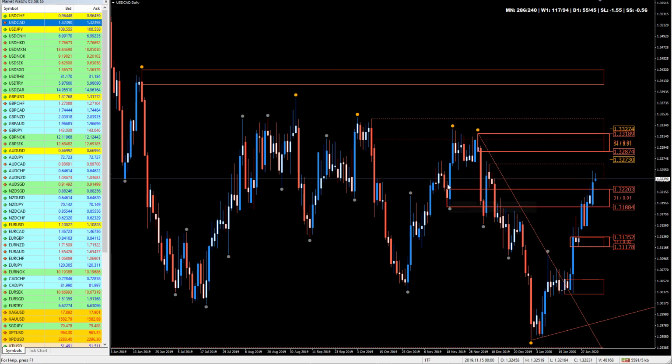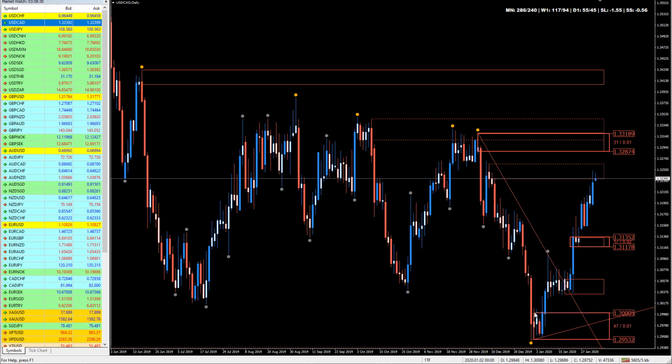Okay, so this area of demand was removed by this area here. So this kind of qualifies this area of supply as supply. But note as well that we did have a downward sloping trend line, so market structure is broken. The origin of the move that did it is kind of somewhere down here. Okay, if we have a close look, you can see that